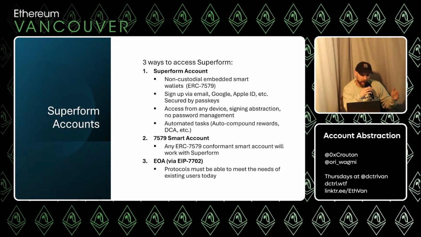And then Andrew just talked about 7702. So if I have an EOA and I want to keep using that for my crypto stuff, I don't actually have to use a smart account that comes with Superform. You can use 7702 pending Pectra going live, and I can have the majority of this functionality with my EOA in that context of like one single transaction, like Andrew said.